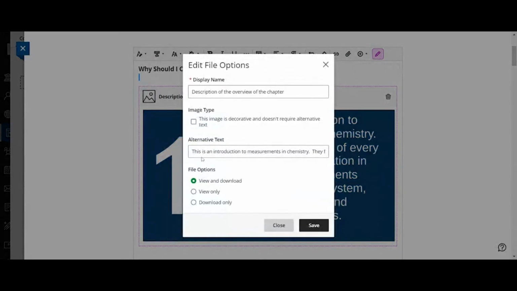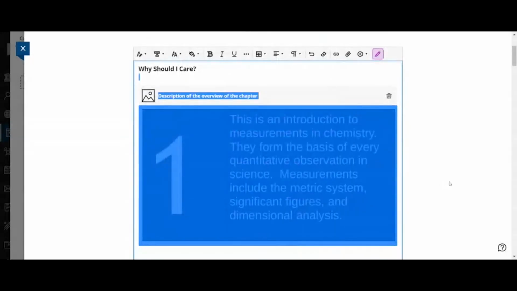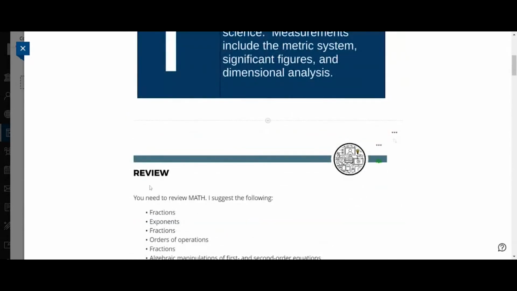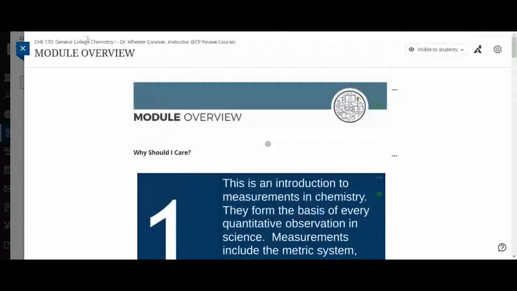If we look at the alternative text in here, this is an introduction to measurements in chemistry, and so on and so forth. So you can see that that alternative text reads exactly what's on that image. So no one's going to miss it if they're using a screen reader. Okay, so that is an example when it's meaningful text. Another example that can make it very handy for students who are using screen readers is to mark an image